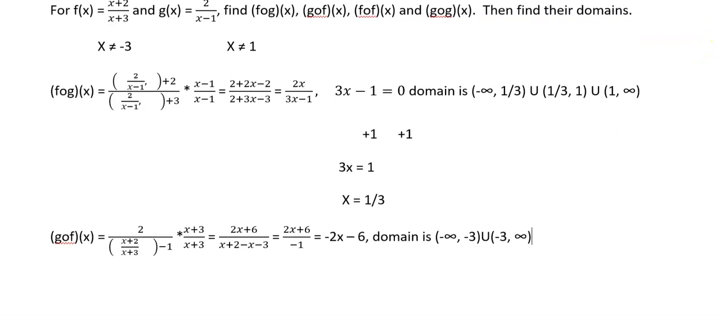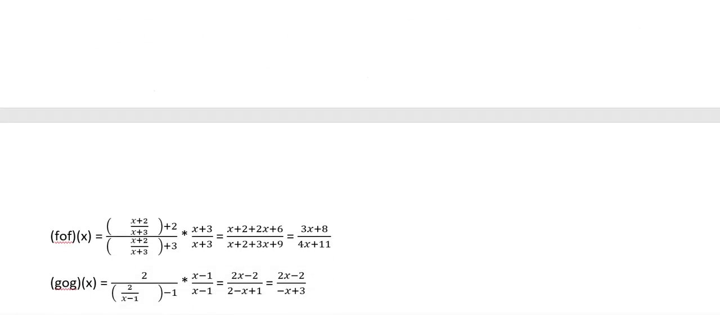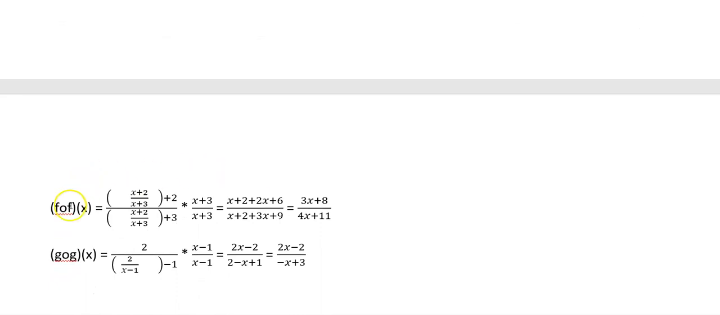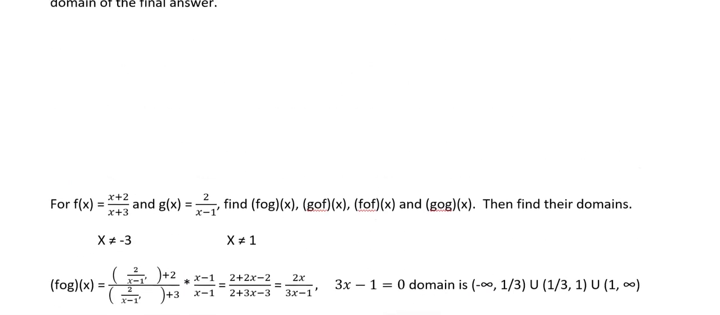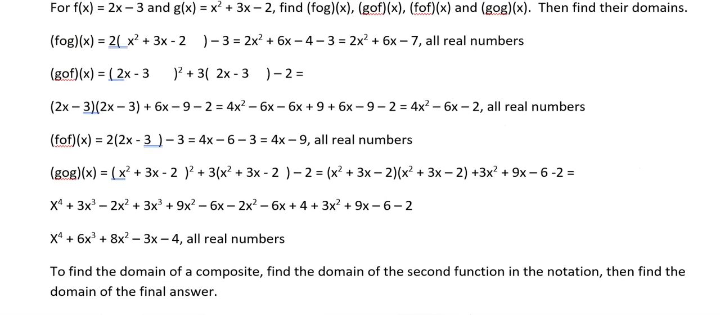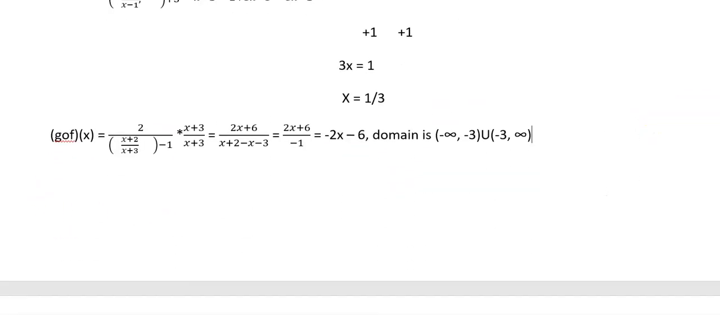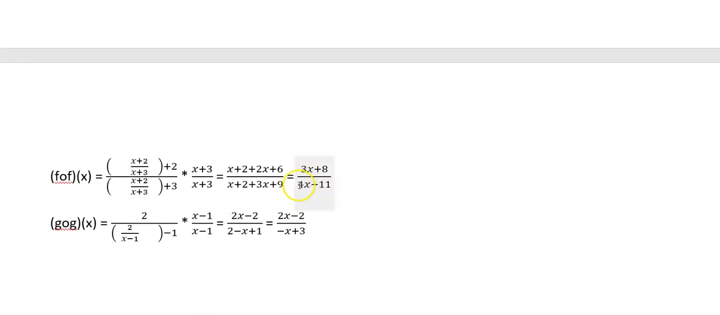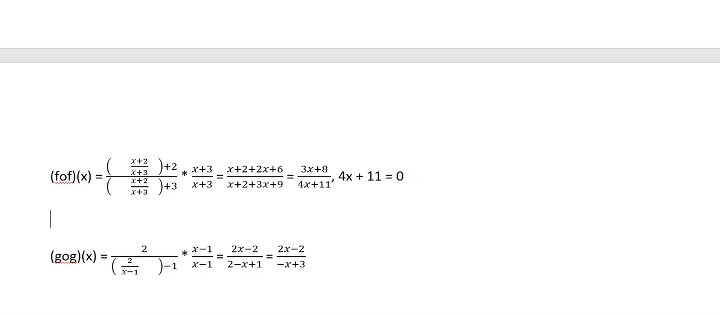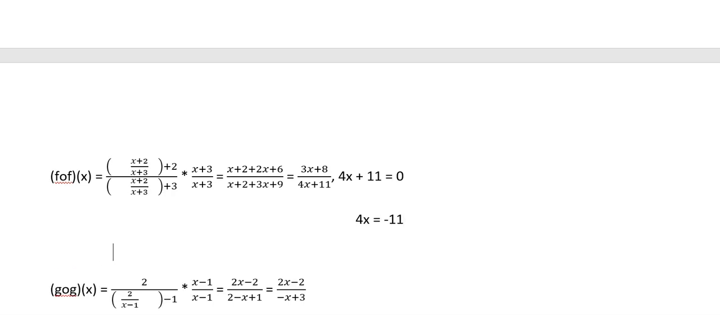All right. So let's go to F composed with F. Okay, so notice that F, again, is the second one in the notation. We've already said that we cannot have -3 for F. So now let's look at the denominator of this, and we've got 4x plus 11 that we've got to set to 0. And if we subtract 11 on both sides, we'll get 4x equals -11. And then divide by 4,